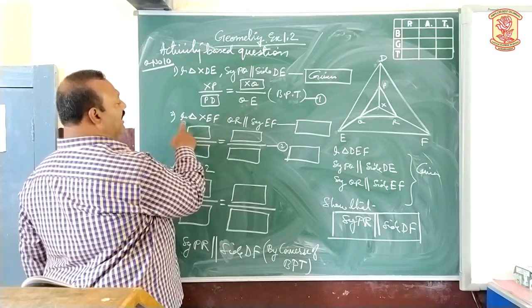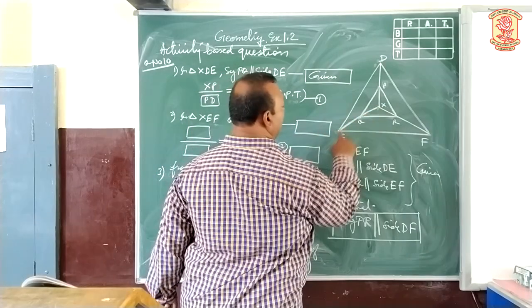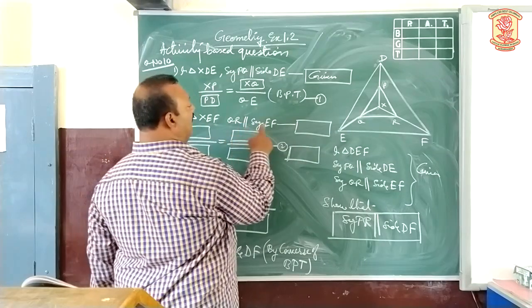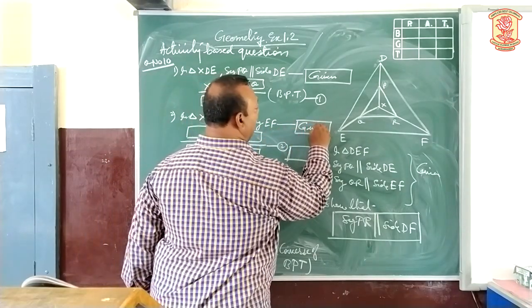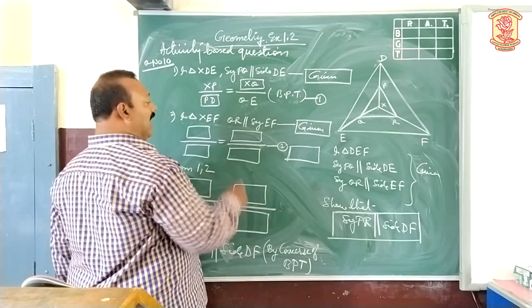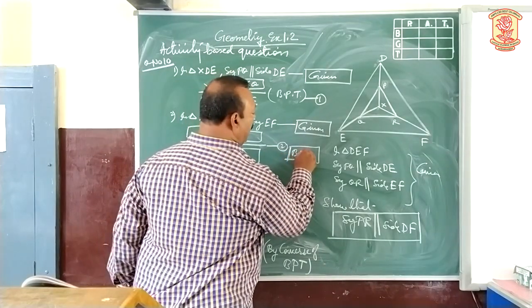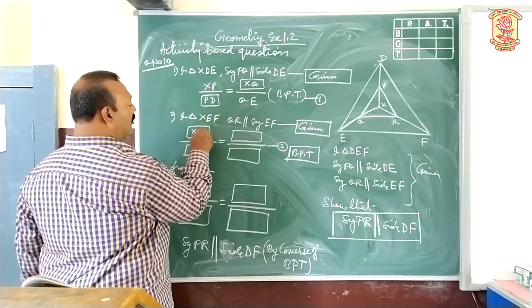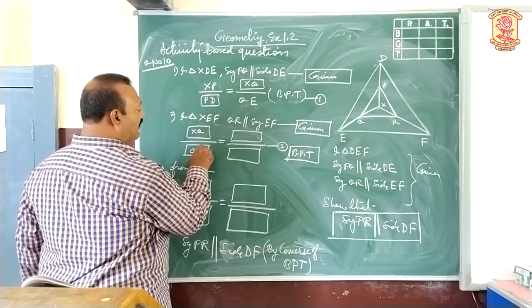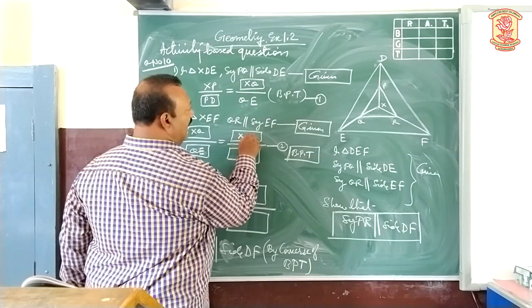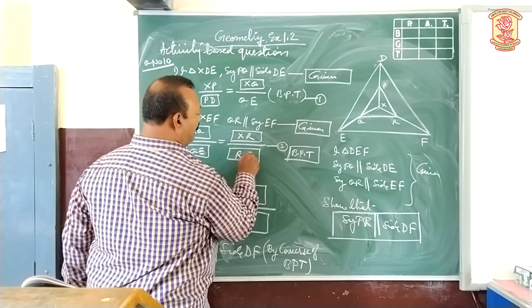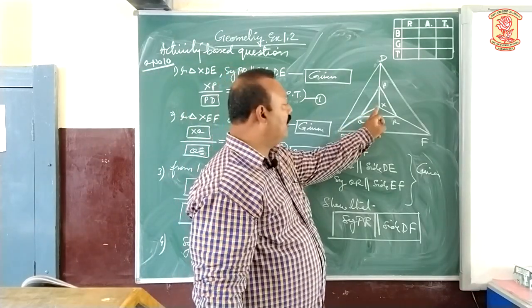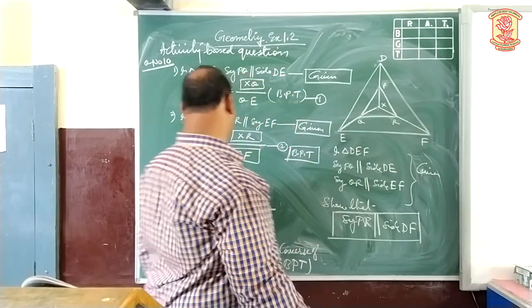Consider second triangle, in triangle XEF, with segment QR parallel to EF. Again, what we will write? It is already given in the sum. Given. Again, make the use of basic proportionality theorem. XQ upon QE equals with XR upon RF. XQ upon QE equal to XR upon RF.